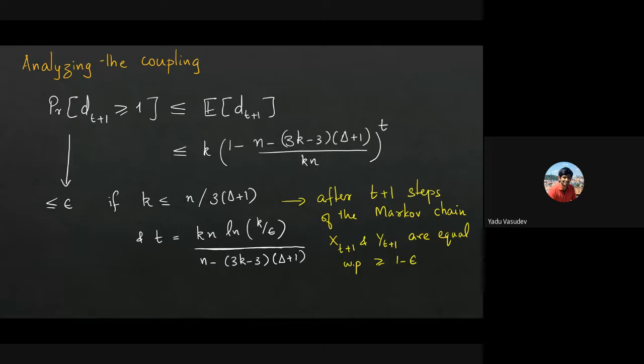become the same independent set after at most t plus 1 steps where t is this value. Notice that this is polynomial in both n and k, and k is again polynomial in n, so this is polynomial in n and 1 over epsilon. So this chain is rapidly mixing. Therefore, in polynomial number of steps, you will actually converge to the stationary distribution, which is the uniform distribution over all independent sets of size k. This is just completing the analysis from yesterday. Any questions regarding this?